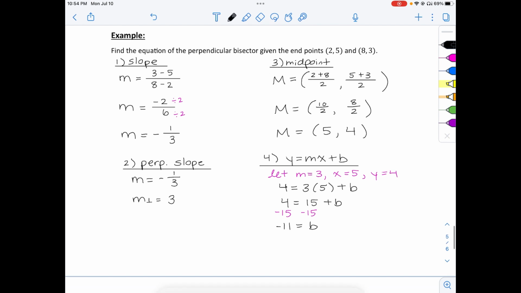So my final equation of the perpendicular bisector is going to be y equals 3x subtract 11. Okay, and similar to how I showed with the altitude and the median, if I were to graph those two endpoints and the line segment, as well as the equation of this line here, you would see that it would intersect the line segment at a 90-degree angle, and it would cut the line segment directly in